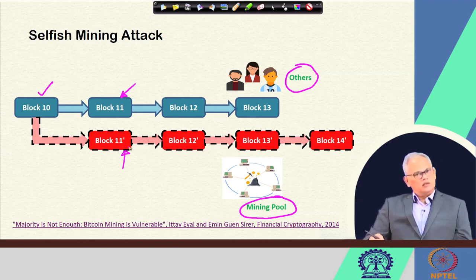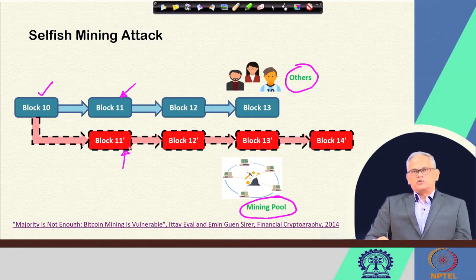One is that you publish block 11, and then others will validate it by checking whether the hash is created as per the requirement, the difficulty bits and the nonce are correct, and based on that the others will also agree to treat it as the most recent block head, that is block number 11 added after block 10. Then people will try to mine after that, adding new blocks after block 11 to become block 12, as shown on the upper set of rectangles.